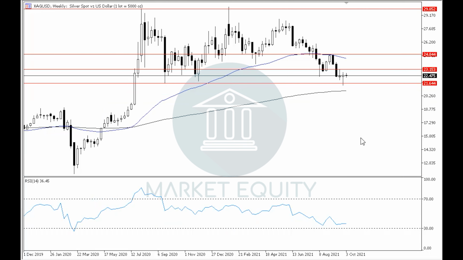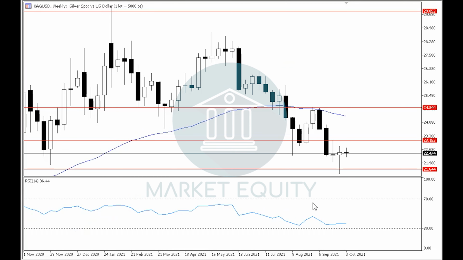In the weekly time frame, we can see that the silver is moving in a sideways movement between levels 21.65, which is the lower boundary of the sideways movement in the weekly time frame, as well as 29.85, which is the upper boundary of the sideways movement in the weekly time frame. And if we notice the candle of the previous week, we can see that it was a positive candle as well as the candle before it, which indicates the probability of rebounding upwards off of around the current levels or off of around the lower boundary of the sideways movement in the weekly time frame in order to continue with the sideways movement. However, this will only be confirmed upon breaking upwards to level 23.15 in the daily